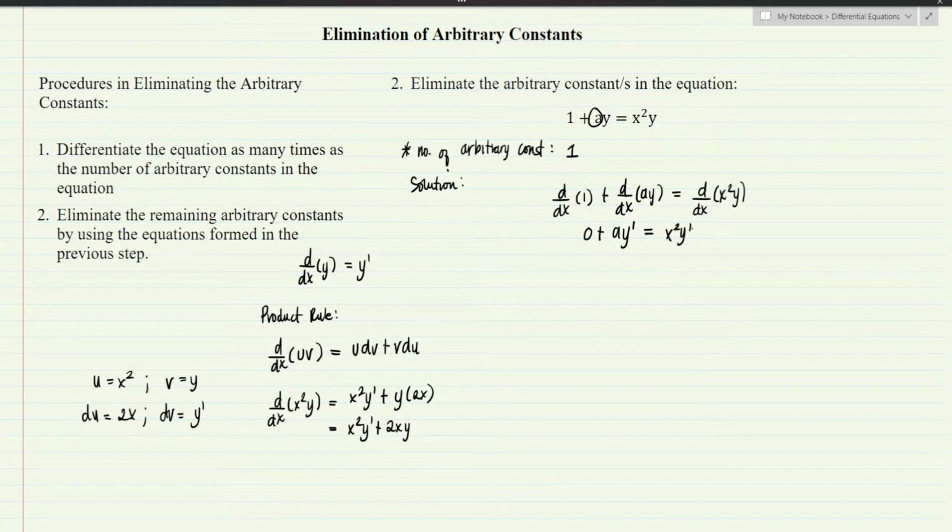So x squared y prime plus 2xy. So now I have here the first order differential equation. And if you notice, we still have this arbitrary constant. Now, in order for us to eliminate this arbitrary constant, we can use here the original equation. So from the original equation,